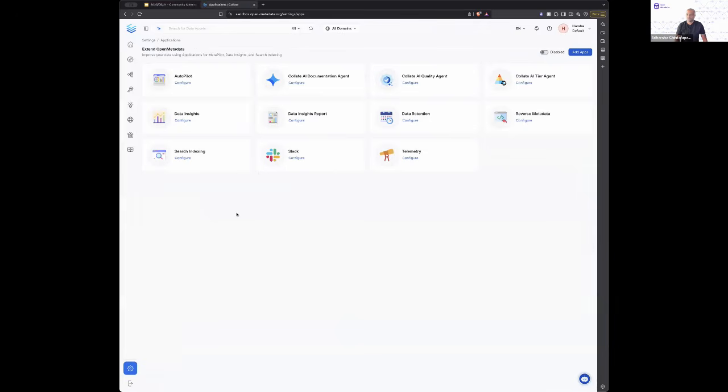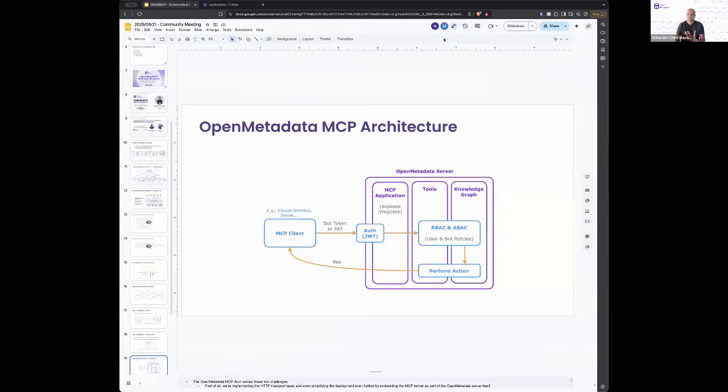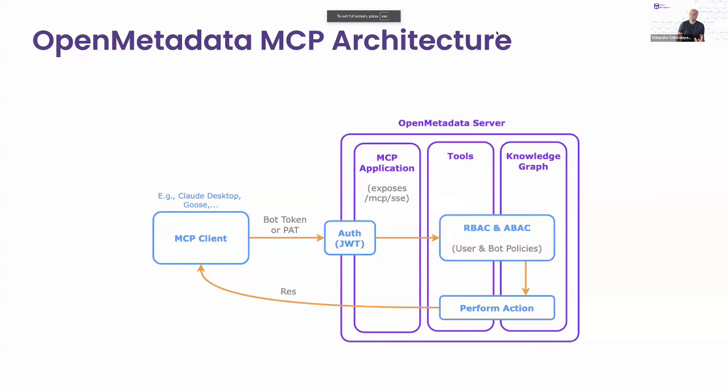And there are other applications that we build as well that enrich the feature set we have on top of OpenMetadata. This is a pluggable application framework, so it's a great way to provide an MCP server. What we did is use that application framework to build an MCP server as an application. The advantage is that when you start the OpenMetadata server, you will have an MCP server that you can enable. Once you enable it, it automatically exposes the MCP server APIs along with the OpenMetadata APIs.